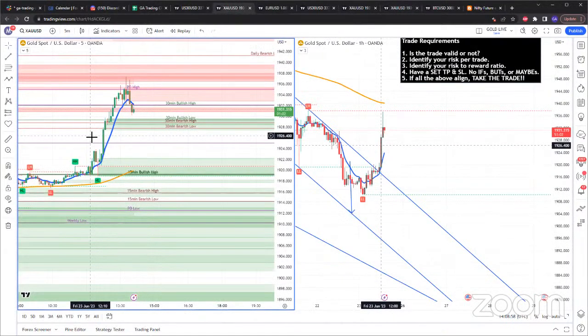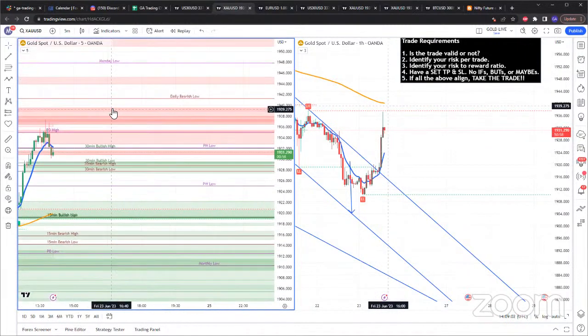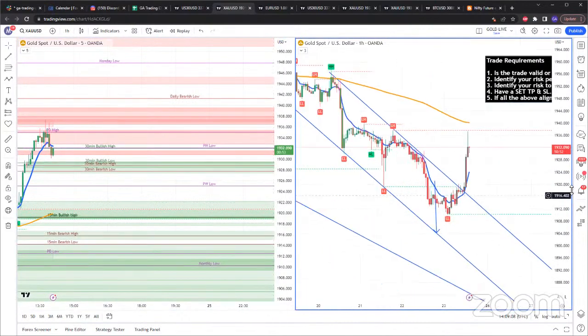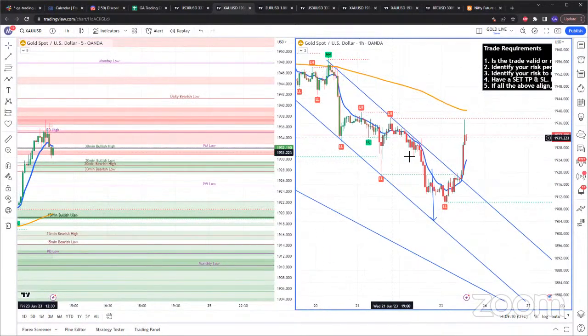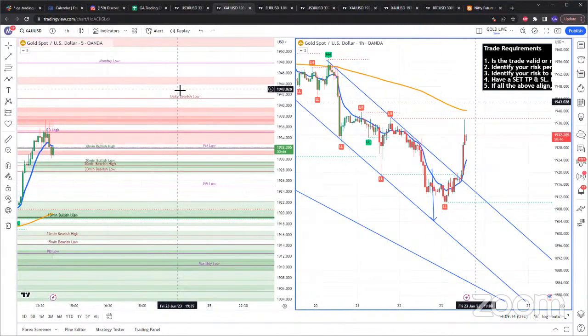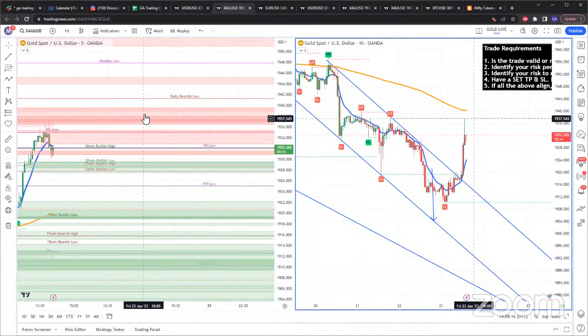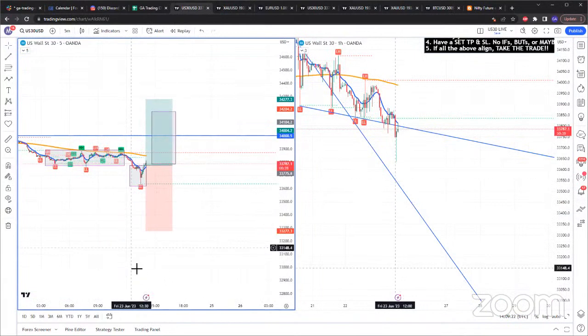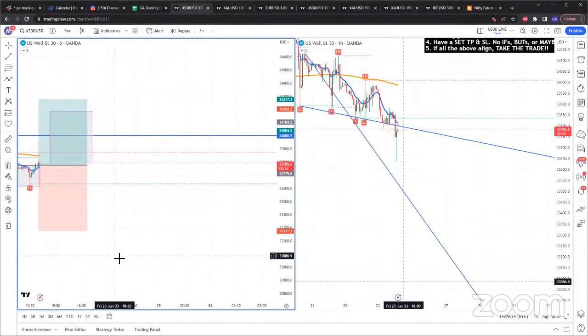So the only thing I can trade right now with gold is the order blocks, knowing that we have sellers here as opposed to buyers. And trend lines, this is the trend line we have. This trend line has not really been retested yet. So yeah, right now my bias for gold is a sell at around the 1940 area. But since I'm already down on my account today, I'm not going to take any gold entry.